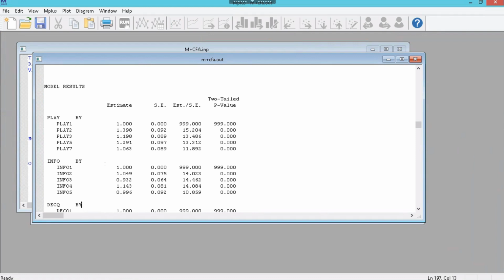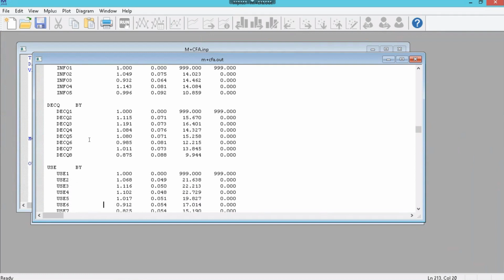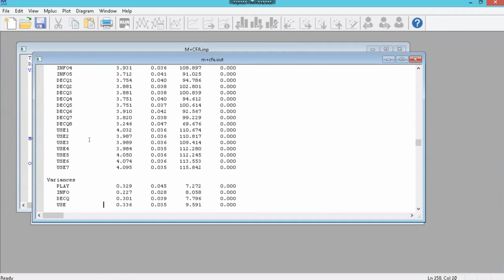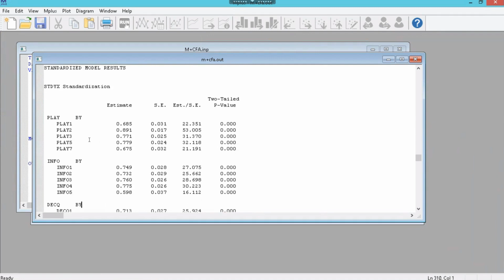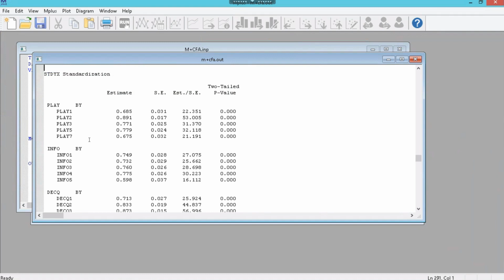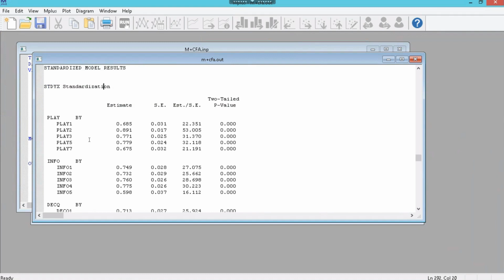Okay, and then you can see the model results here. Notice these are not standardized estimates listed here, but we can get the standardized estimates in the diagram, which we're going to print out in just a sec. Okay, so there's all that information. Let's go ahead and just look at the diagram, or here are the standardized effects if you want to see those also in a table. So let's go to the diagram right here, view diagram,